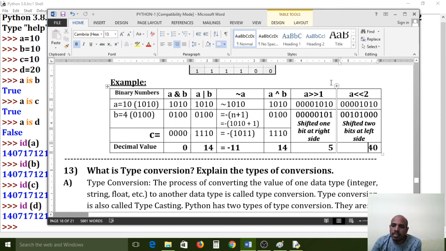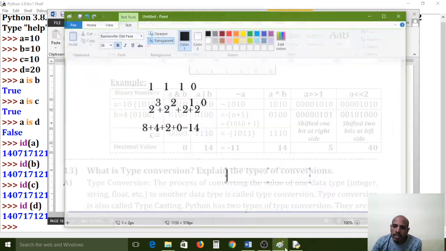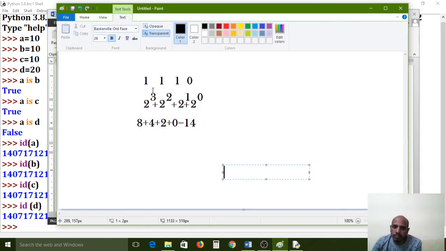And left shift means I want to remove from the left side. I want to remove 2 bits, because I use the number 2 now. This expression means I want to remove 1 bit from the right side. This expression means I want to remove 2 bits from the left side. Now understand? After that you need to convert binary format to integer format. For that you need to follow this series only.